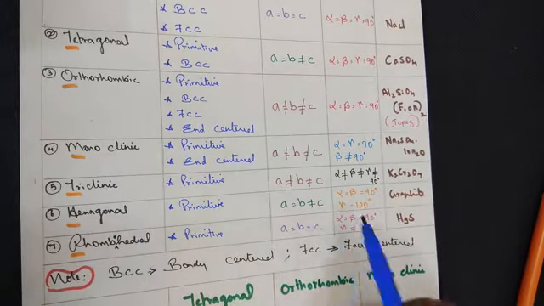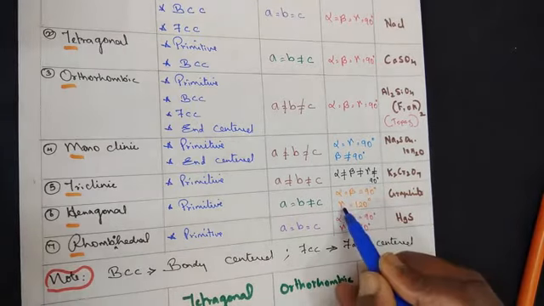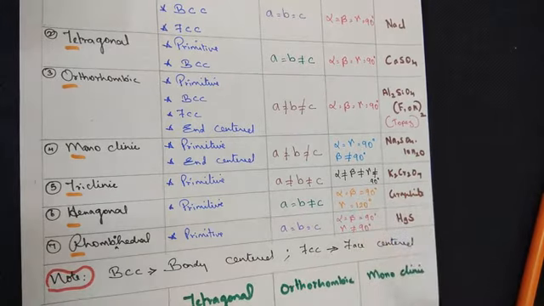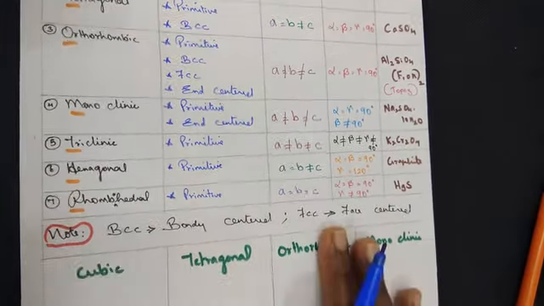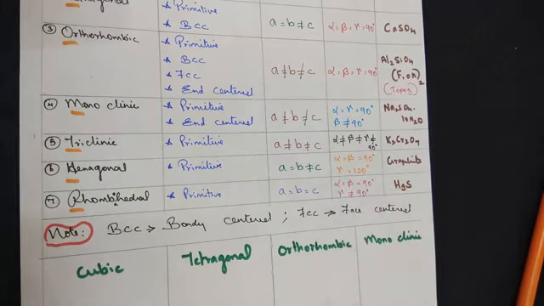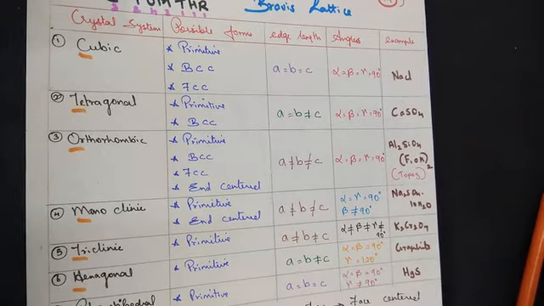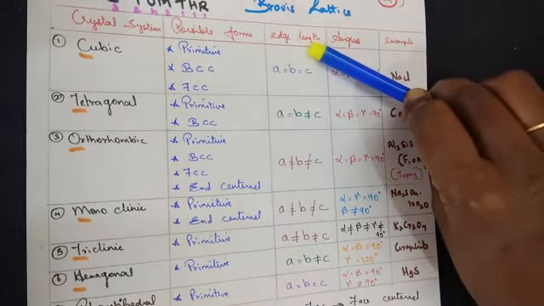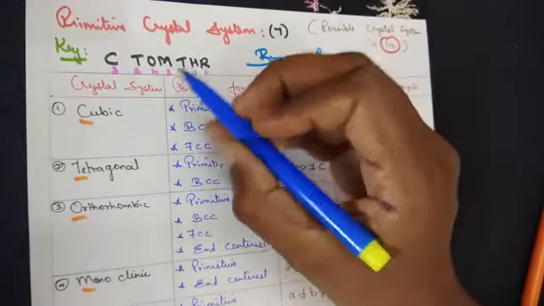In hexagonal, alpha and beta are equal to 90 degrees and gamma is equal to 120 degrees. Moving on to rhombohedral, alpha and beta are 90 degrees but gamma is not equal to 90 degrees. Once again I am stressing the point: crystals are learnt based on six parameters, that is three along the edges and three angles. The clues I have given make it easy for you to learn the names.